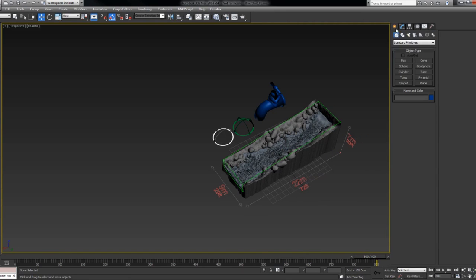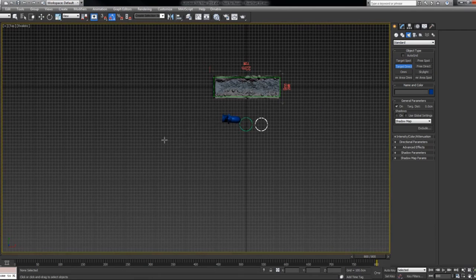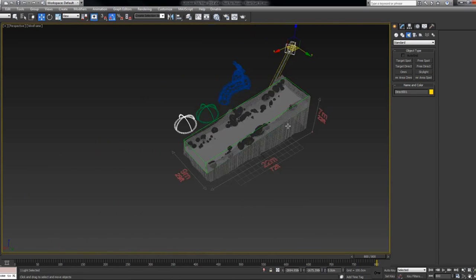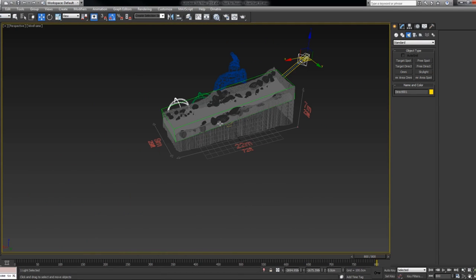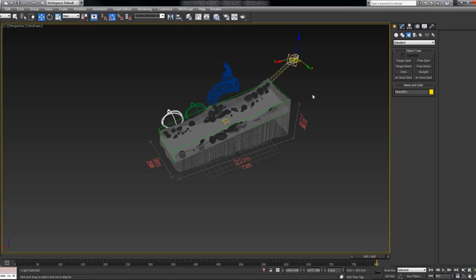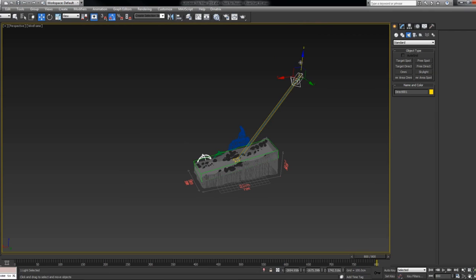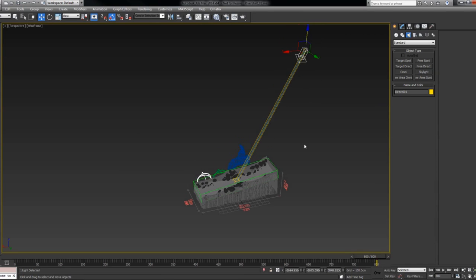Okay, and I'll create a standard light, target direct. So switch to the top viewport, create it somewhere here, and I'll switch to wireframe and select the lights option so that I can only select lights. Okay, and I'll move this up to about there, and I'll move the light higher. Okay, and maybe a little to the side. Okay,